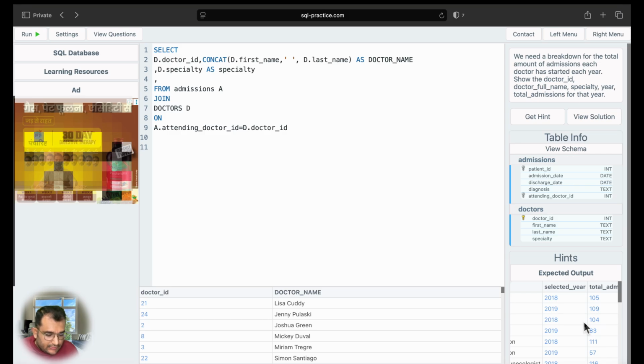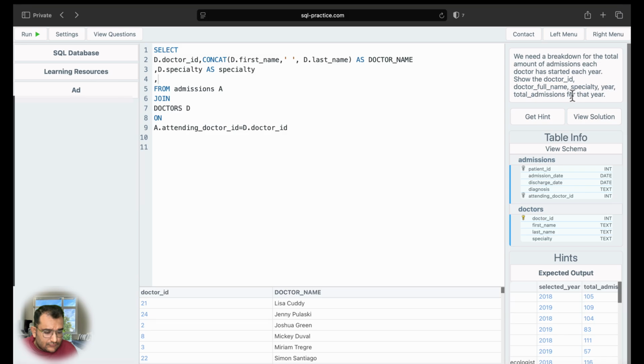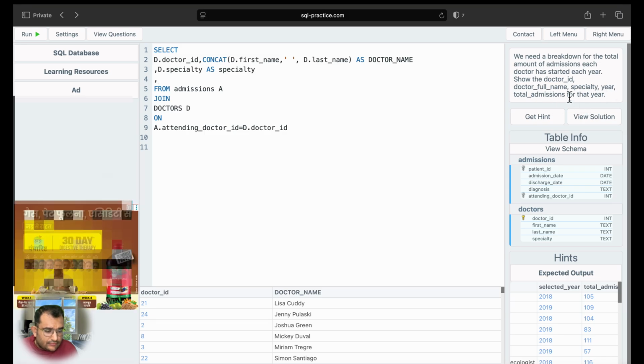I think selected year is probably going to be the year of admission for the patient, followed by total admissions in that year. Although the statement is not explicitly saying what this selected year is,